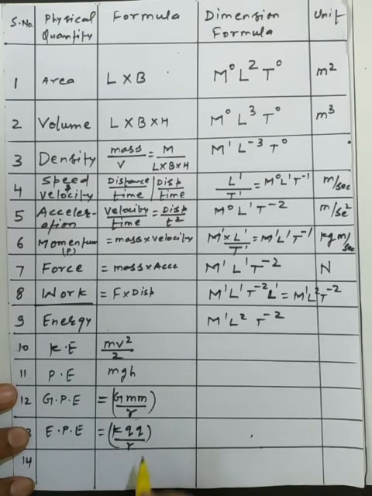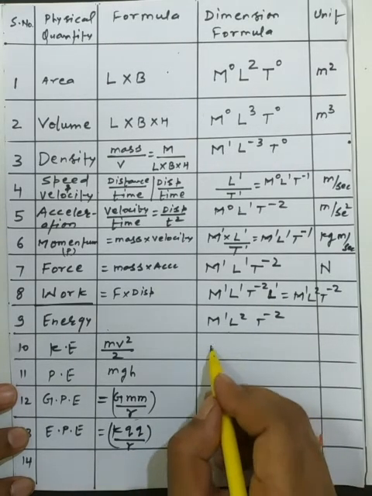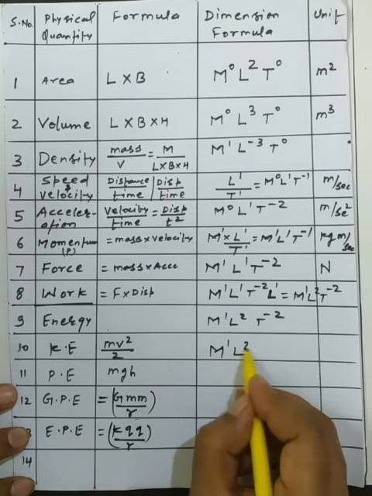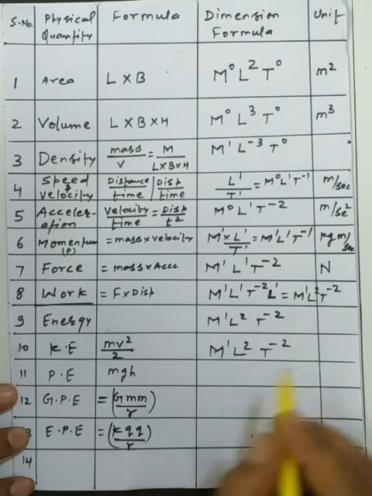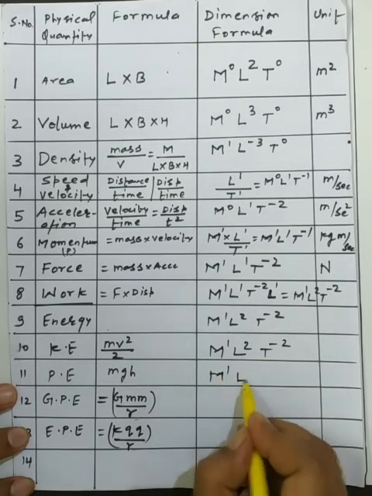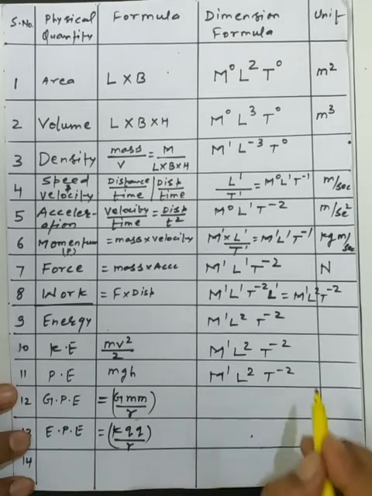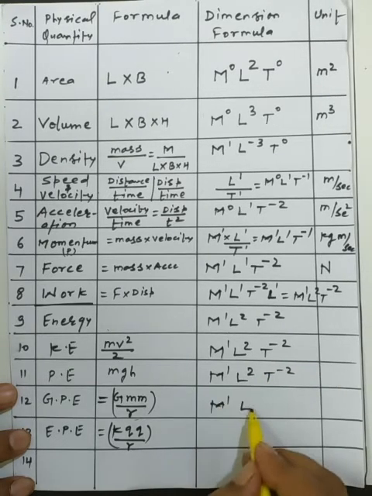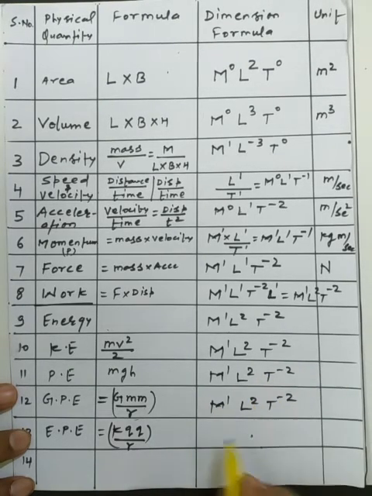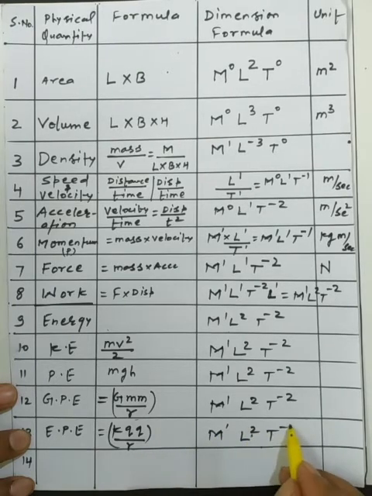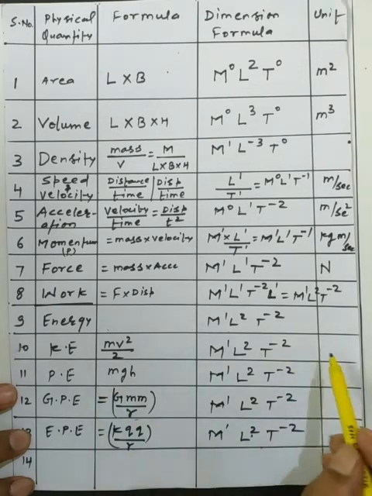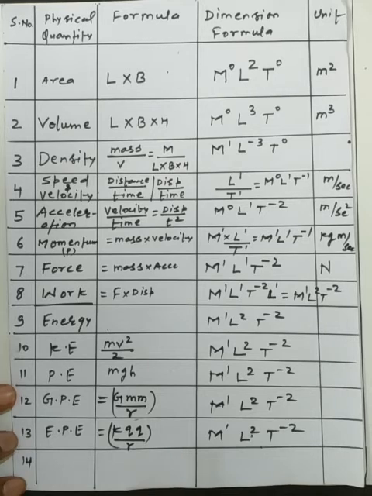So it is the formula of the electrostatic potential energy, but we can simply know that all types of energy have the same kind of dimension formula. So it's one of the basic methods to learn more and more dimensions at a single time. So easily you can write, that is M1 L2 T minus 2. If you go with the formula, we can easily prove it. Okay, so this is the bunch of quantities that have the same kind of dimension formula.